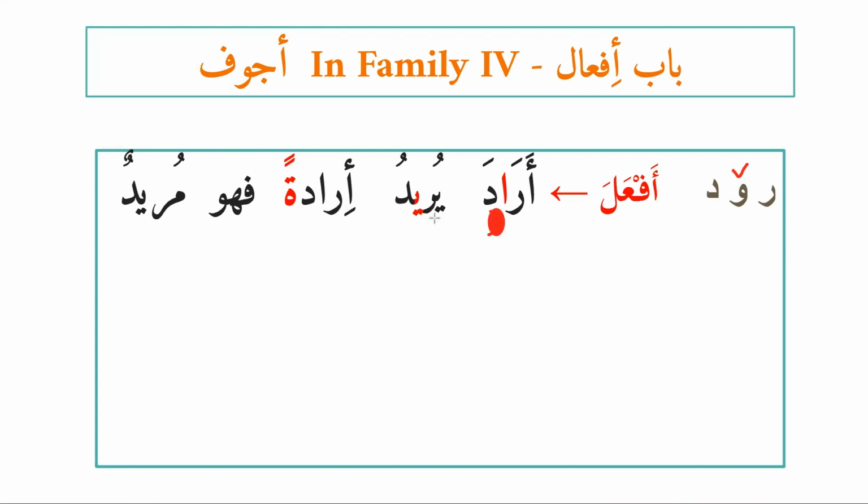Now present tense. Yuf'ilu. The pattern for family 4 is yuf'ilu. So in the pattern, you have kasra on the second letter, kasra on the ain kalma. Because kasra is there, irrespective of whether you have ajwaf wawi or ajwaf yai, this rawada is ajwaf wawi. So whether you have zada yazidu or rawada, this present tense would have ya in place of the vowel. Okay, so in present tense, ya replaces the vowel.